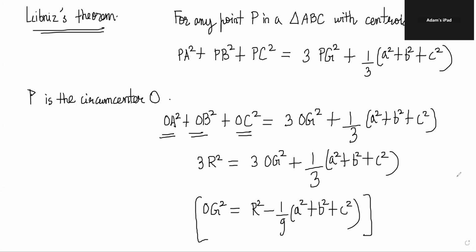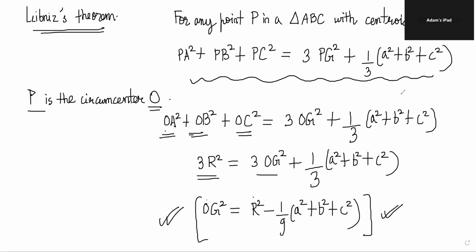Yeah, I'm here. Basically, what I was saying was if P was circumcenter O, then you get this, right? And then you will write this as 3R square is equal to this stuff. And from there, we can solve for OG square, right? And notice that this is a connection between OG and R, right? We will come to this later, but first we need to understand how this theorem comes, right? So we should know the